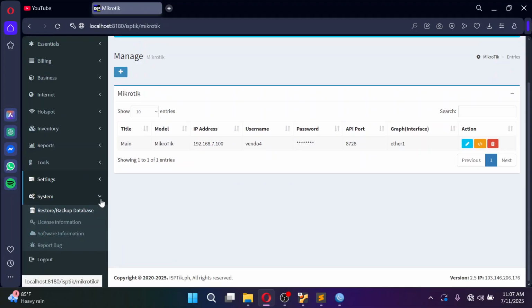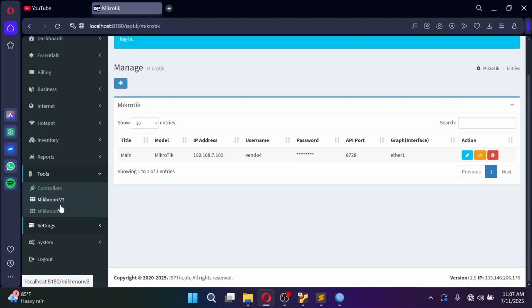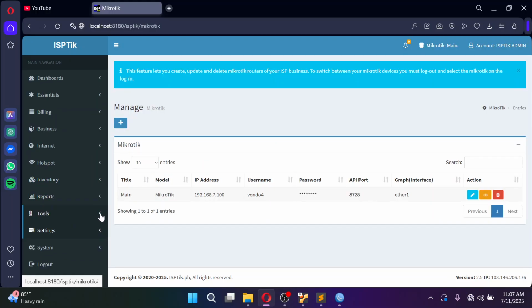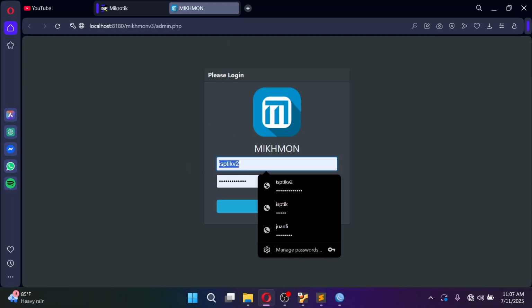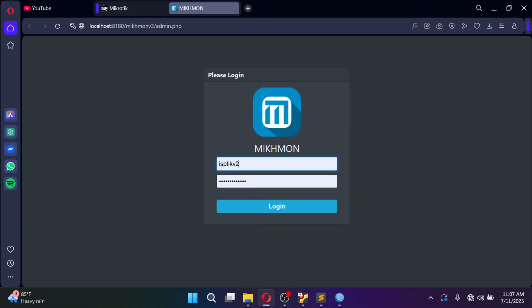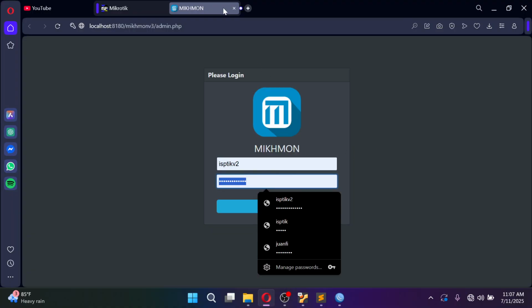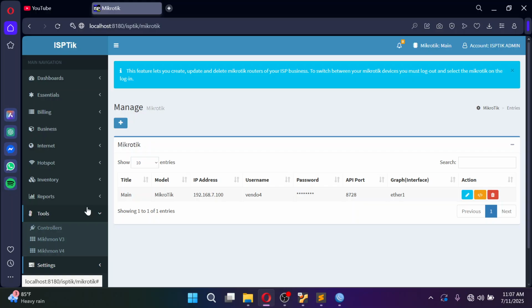So I have also included this one, so instead of ISPTIC we make it like Mikmon. The user login is username Mikmon, and the password is 1234. Basically the default for Mikmon.